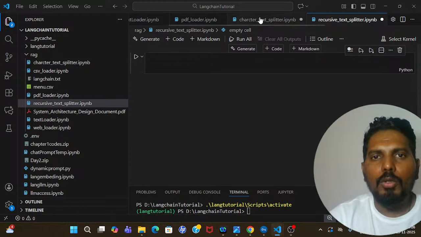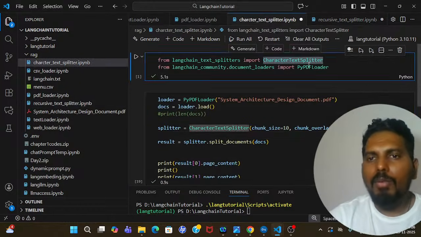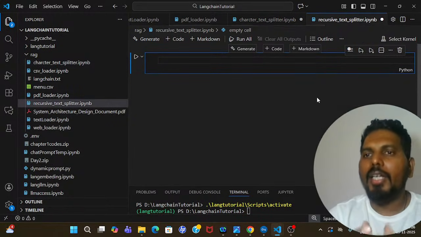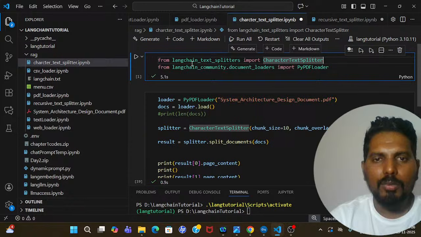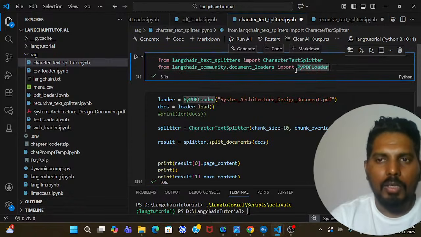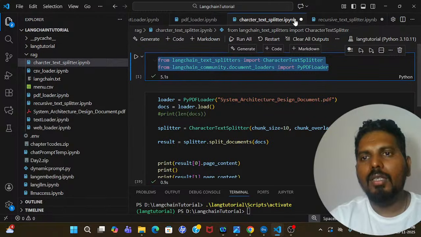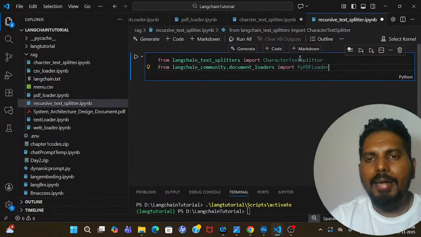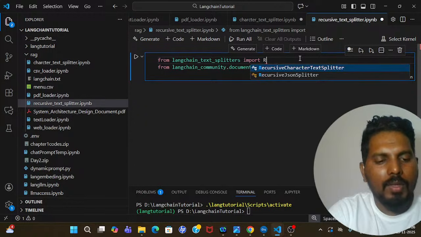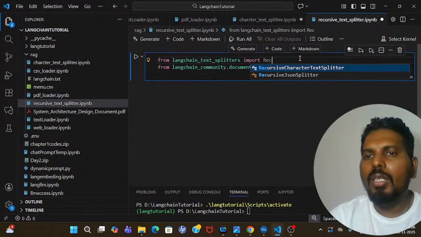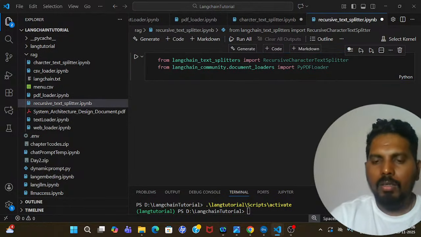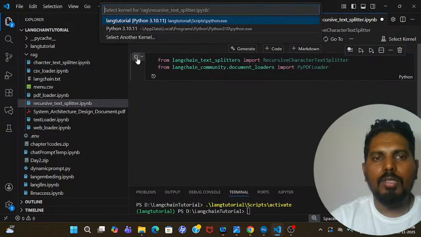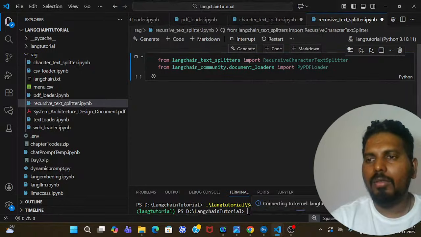Since we are doing character text splitter, we have imported character text splitter from the text splitter. This time we are using a recursive character text splitter, so obviously we need to import recursive character text splitter from the text splitters. So let me take both the imports, and then instead of character text splitter, this time I need to import recursive character text splitter, right? All right, let me import this, take this to my environment,